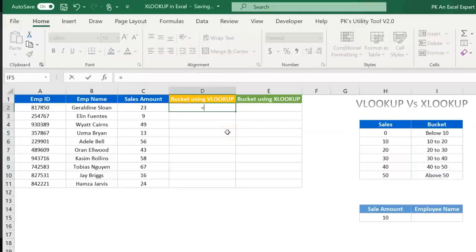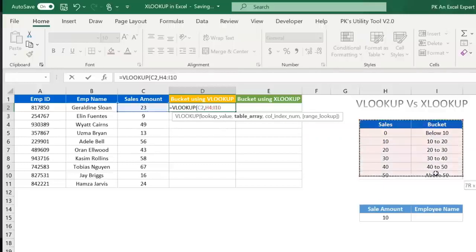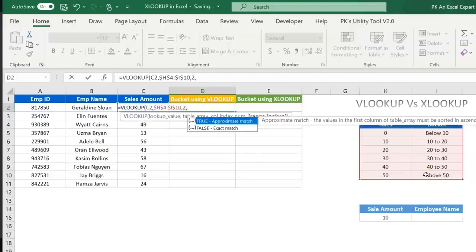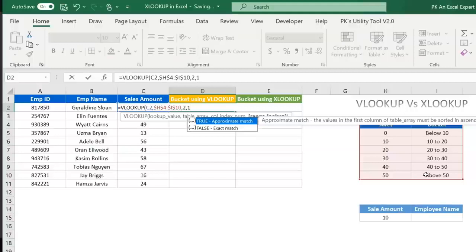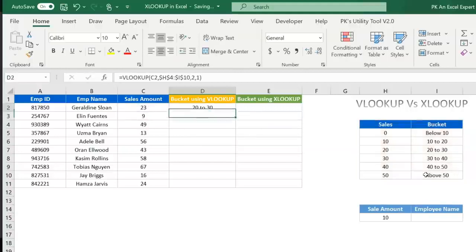We will use VLOOKUP. Lookup value we will take the sales amount. Select this table array, press F4 to freeze this, comma. Here we will take 2, comma. This time the match type we will take as approximate match. So I will put TRUE, or I will put 1 in place of 0, and just press enter. It will return the relevant result.